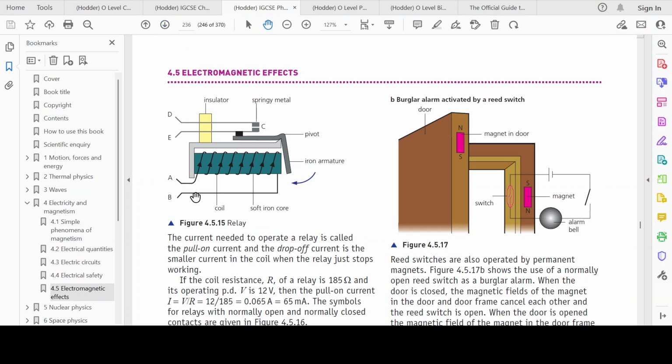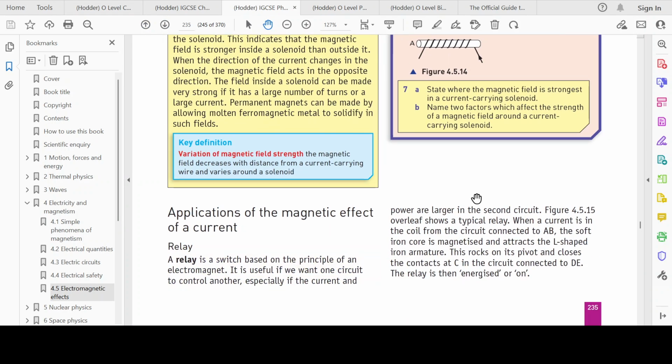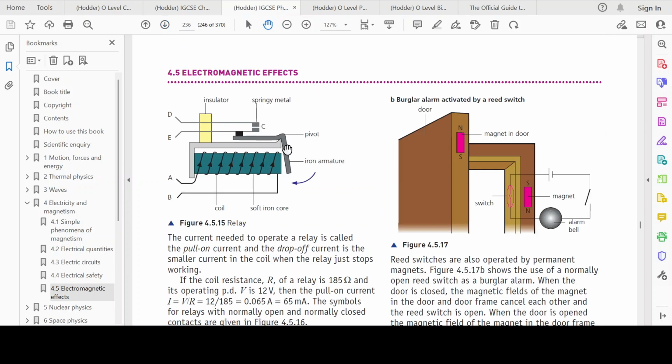So this is circuit AB and this is the coil, so this is an electromagnet. When a current is in the coil, the soft iron core is magnetized and attracts the L-shaped iron armature. So this guy over here, the iron armature, is attracted. What this does is it sort of causes